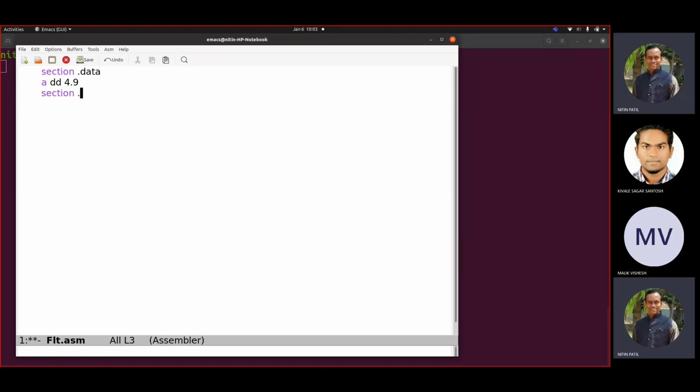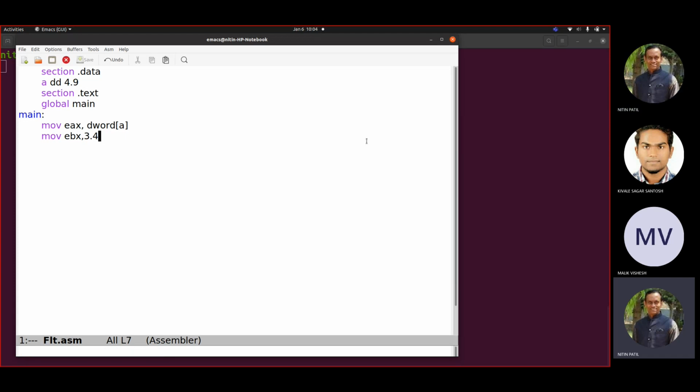Then section .text, global main, mov eax, dword of A. Okay, mov ebx, 3.4. Suppose we try to write such kind of instruction. Let us see what happens there.